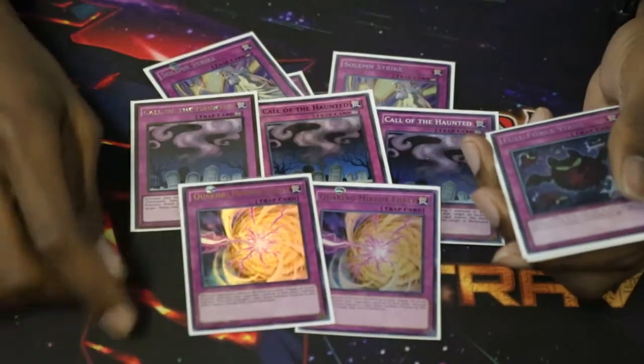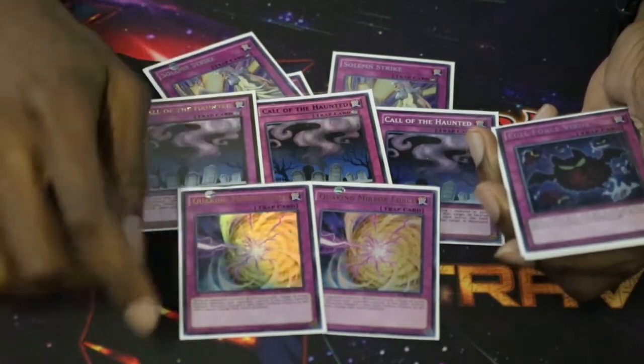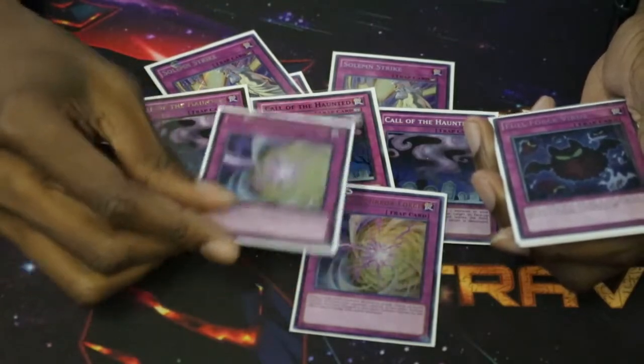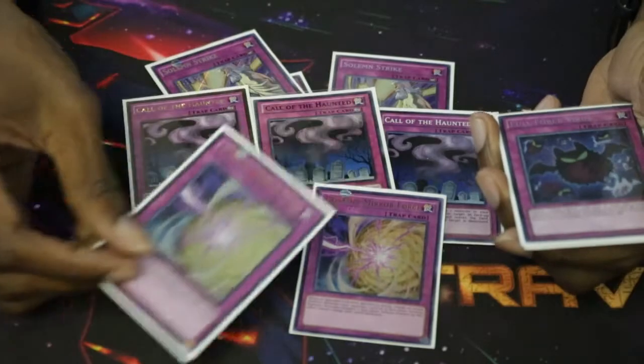Also run 2 Quaking. I'm gonna bump this up to 3 eventually, just not right now. When the meta changes, I might bump up to 3 because you can just set this when they attack, Quaking everything, and then you just attack with Medion and put it all back in your hand and take burn